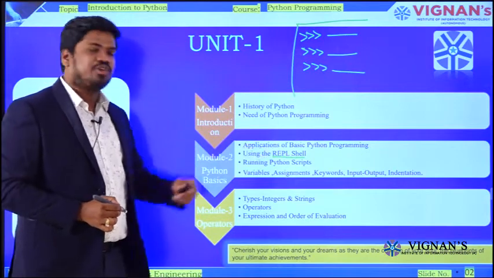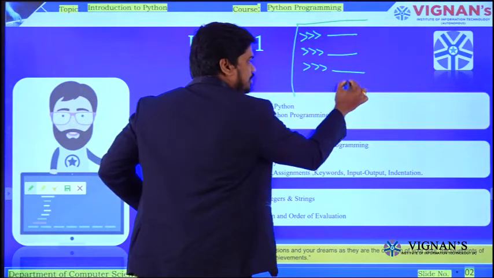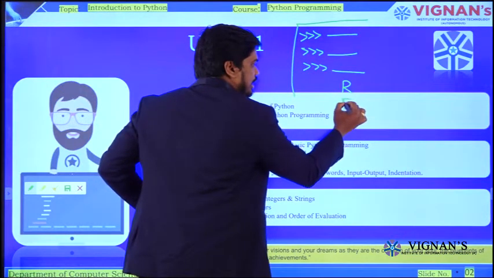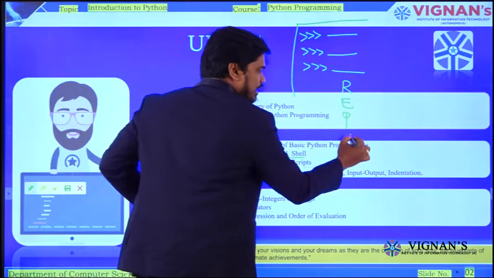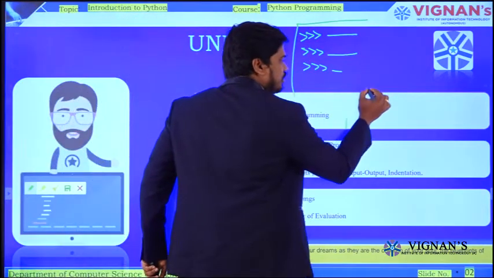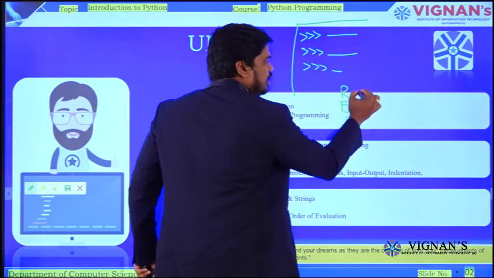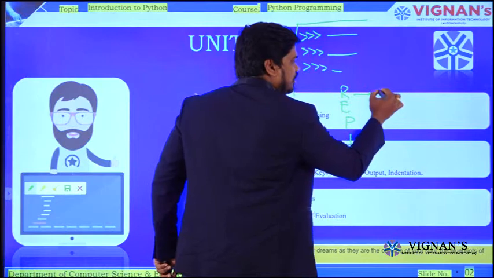First of all, you have to know what REPL is. Observe R, E, P and L. Here R stands for read.